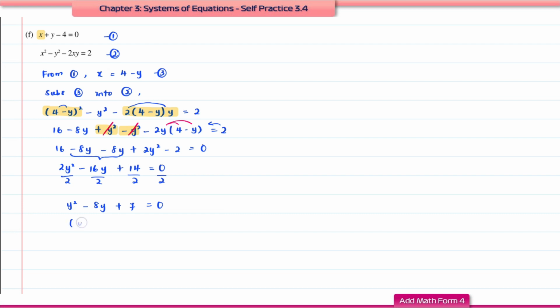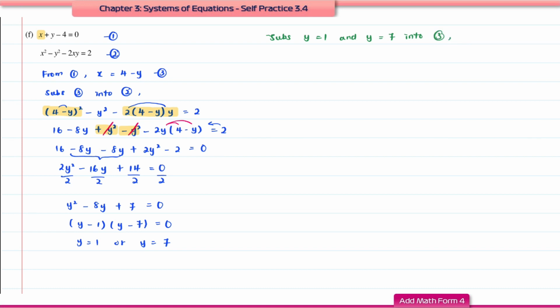So the first bracket, you're going to get y minus 1. The second one will be y minus 7 equal to 0. Therefore, y is equal to 1 or y is equal to 7. So next, we're going to find the value of x. So we're going to substitute the values of y that we already found